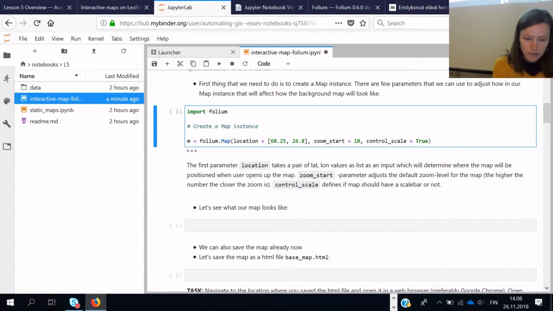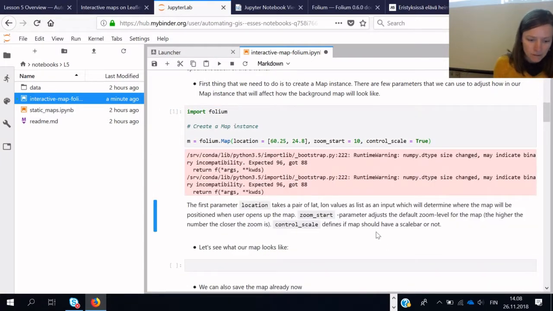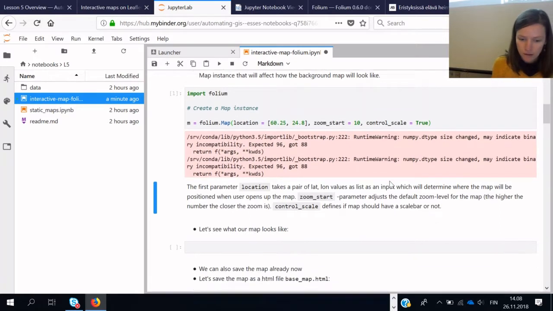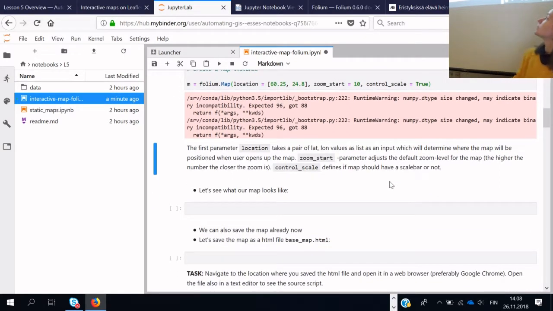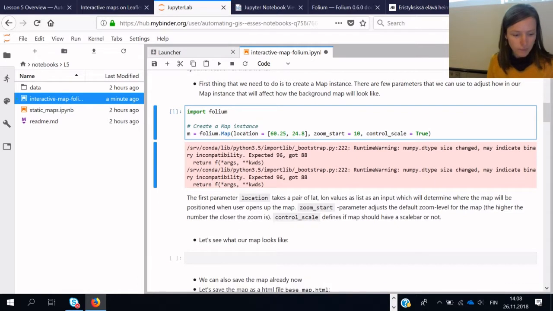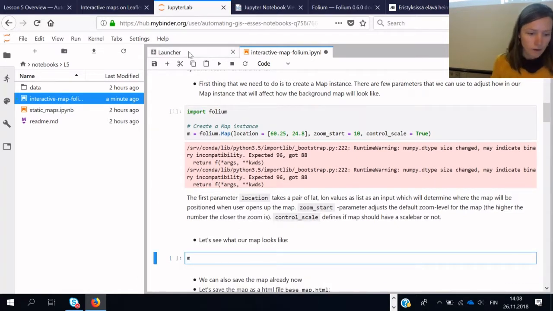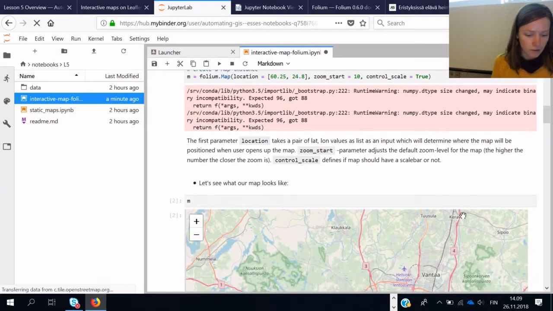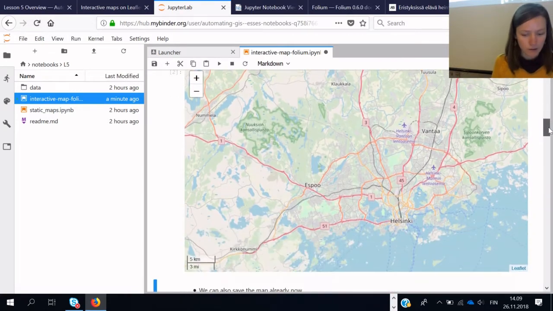Let's test with 10. So that's giving some errors, but let's not worry about those. This is a bit slow now that we're working on Binder. I think it might be a bit faster in the CSC notebooks. Actually now it's only created here, and then we need to call the map object to render the map. Okay, it wasn't